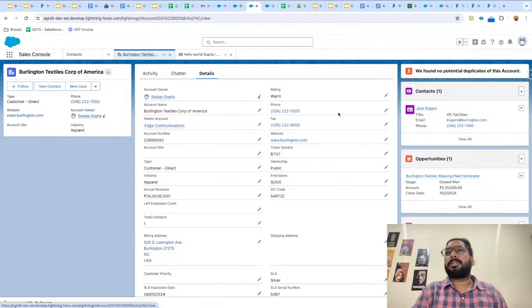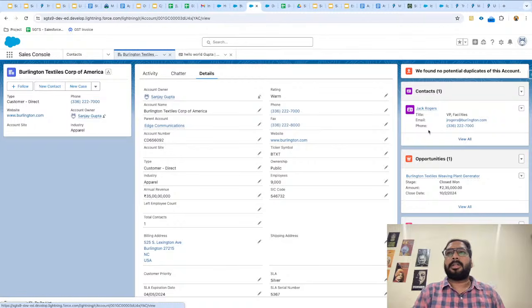If I go to accounts, on the right hand side you can see lots of related records are available. Again, I'm saying this bootcamp is the advanced one. If you know the admin concepts, you will relate to whatever I'm explaining, because I won't be explaining how to create related records or how they are related, because we already discussed that while learning lookup and master detail relationships. Each object can have some related records. For account, we have contacts, opportunities, and cases as related records.